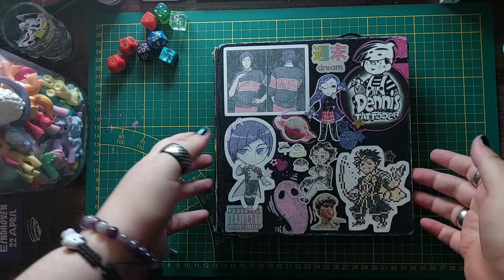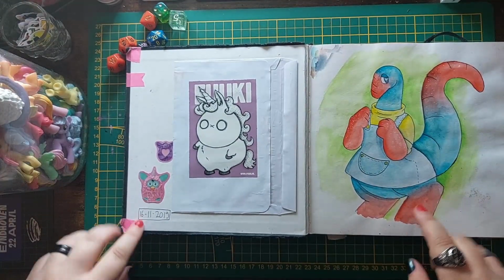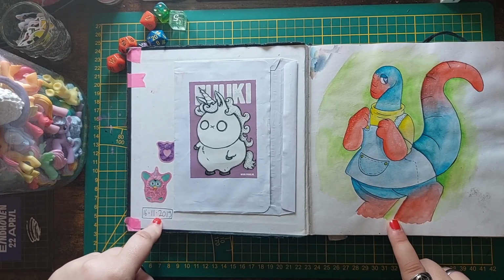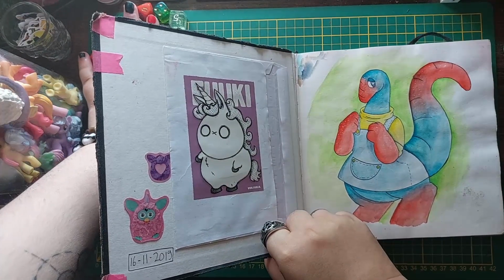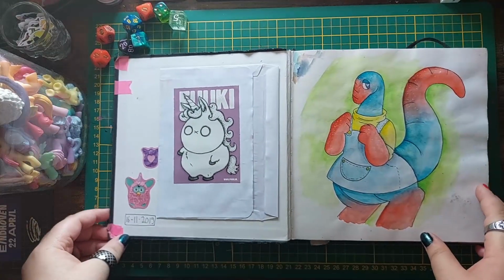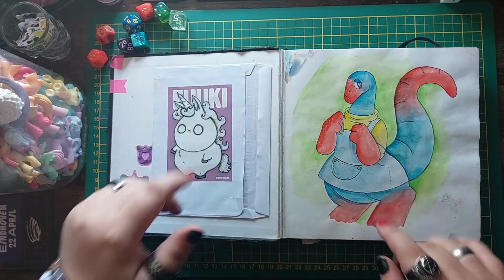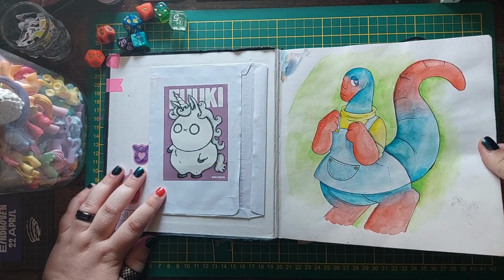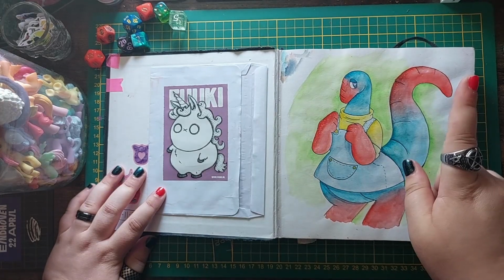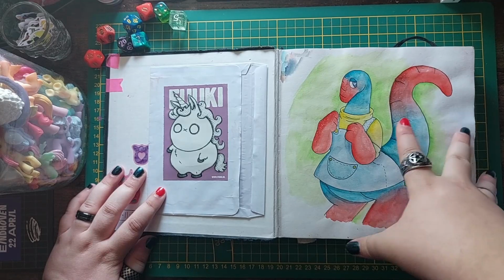It's something. You can see I started this book in 2019. It's like before COVID and everything. My goodness. The good time. I had a little envelope in front where I could put some stickers and stuff in. So, first page. I also got my watercolor palette around this time, so I wanted to try it on this